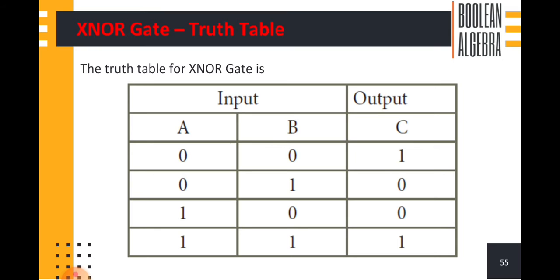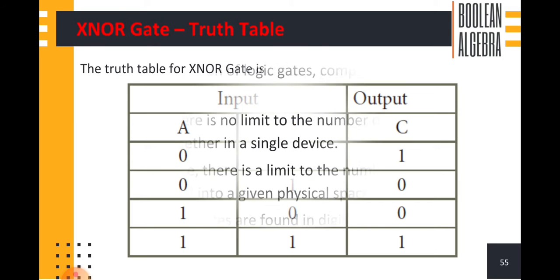What are the different types of gates? One is fundamental logic gates, another is universal logic gates, and one more is derived gates. What are the fundamental logic gates? AND, OR, NOT are known as the fundamental logic gates. What are the universal logic gates? NAND and NOR are known as the universal logic gates. What are the derived gates? NAND, NOR, XOR, XNOR are known as the derived gates. Is it clear?